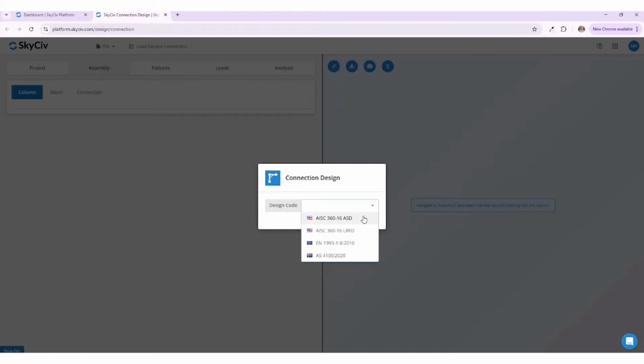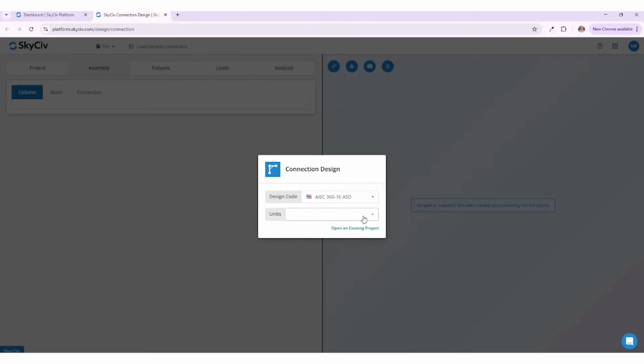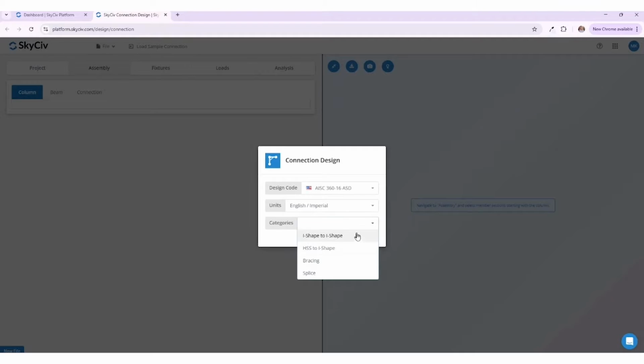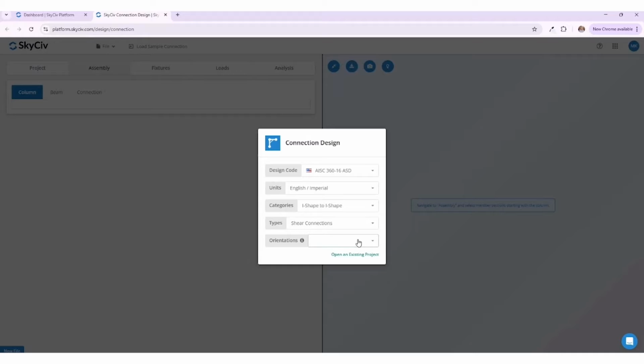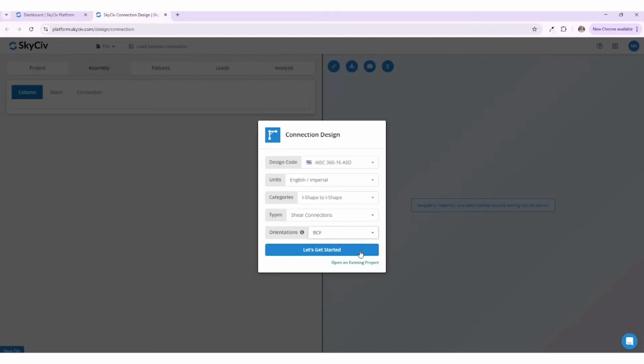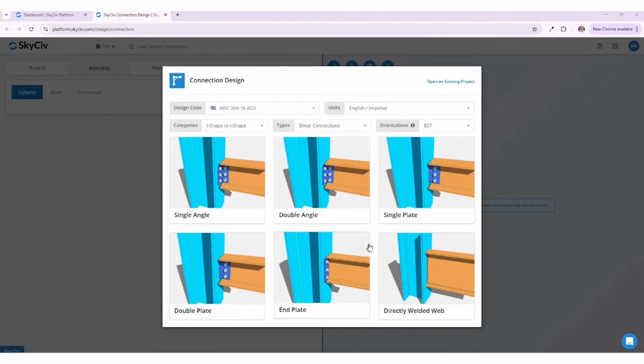SkyCiv's connection design software supports multiple international design codes, including AISC 360-16, both ASD and LRFD, Eurocode 1993-1-8:2010, and Australian Standard 4100:2020. Today we'll be using AISC 360-16 ASD, which has a library of connection types available in the platform. Here we'll select I-shape to I-shape from the category dropdown, then choose a beam to column flange single plate shear